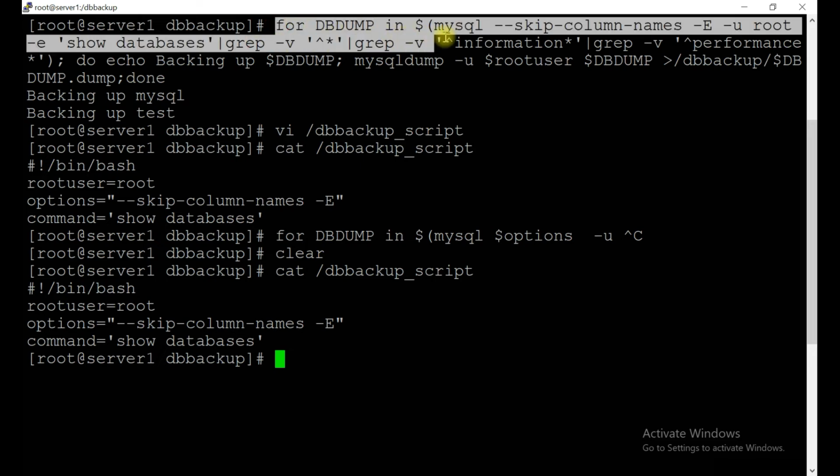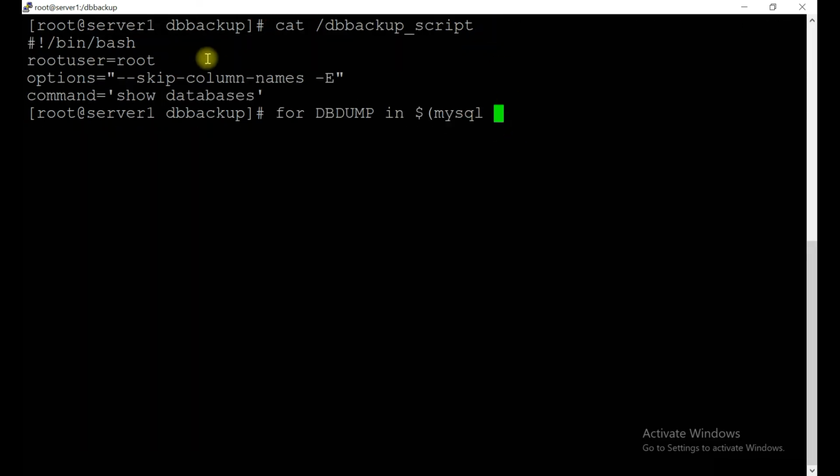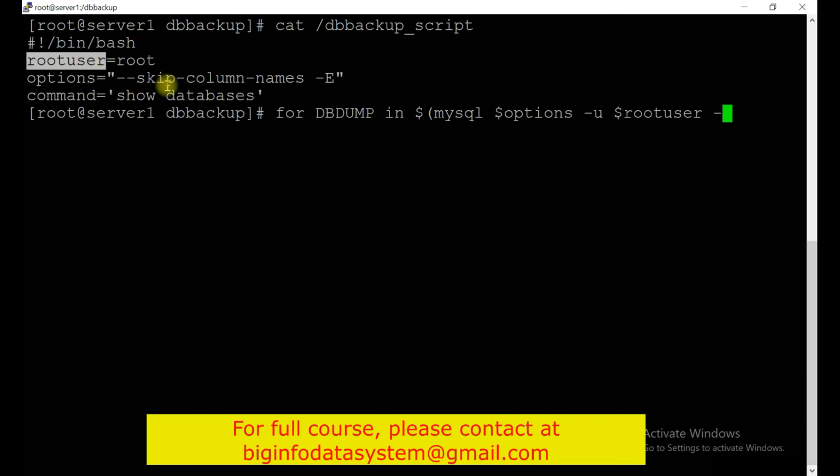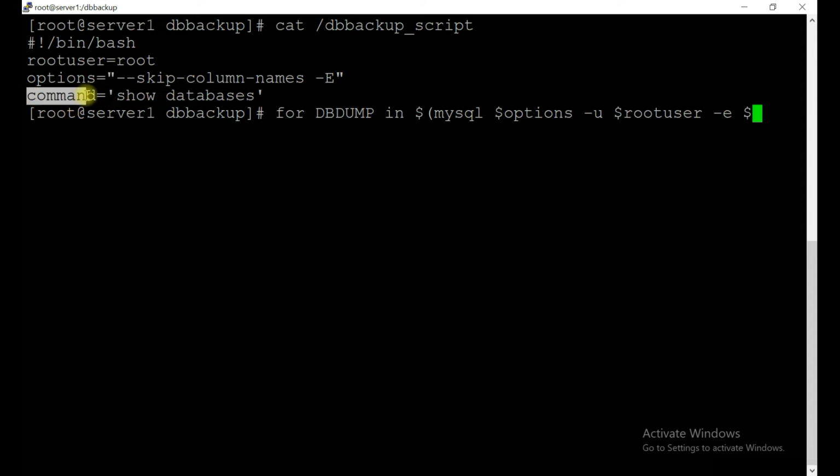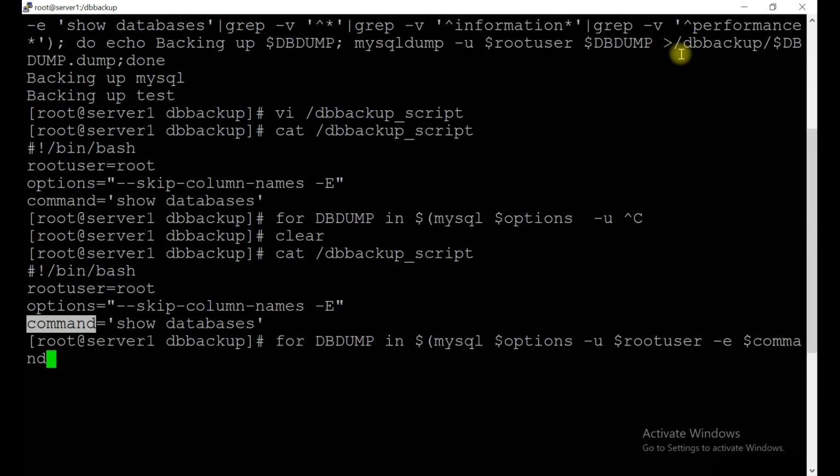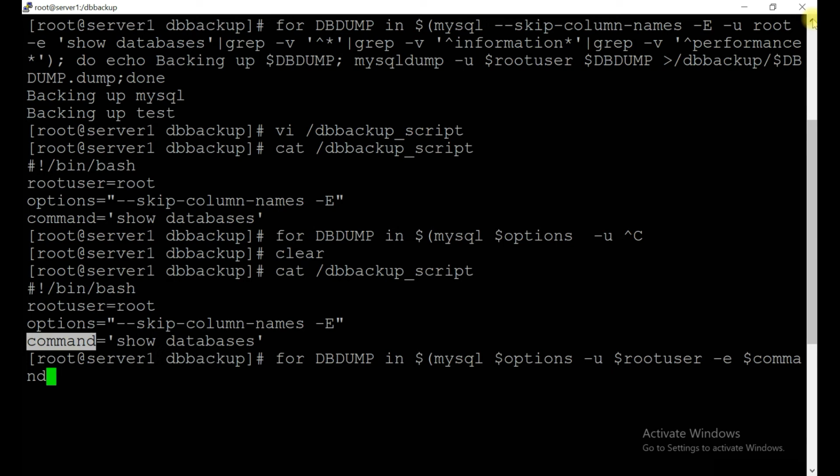For dump, till here I am copying. Then this option -u for user, and this is the user which is $root, and -e for the command, and the command is this $command.